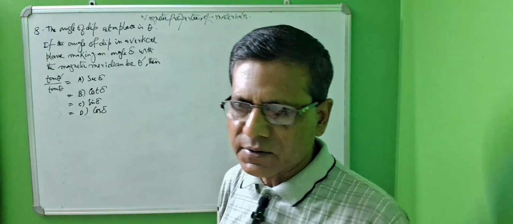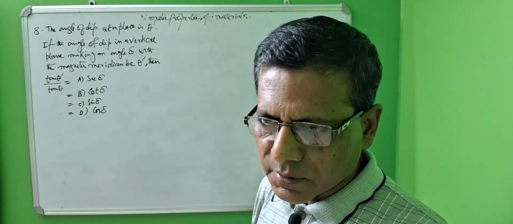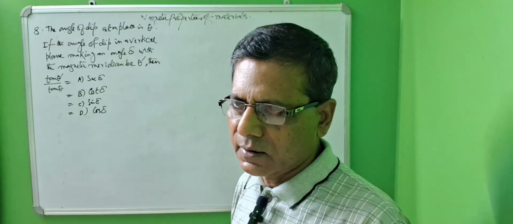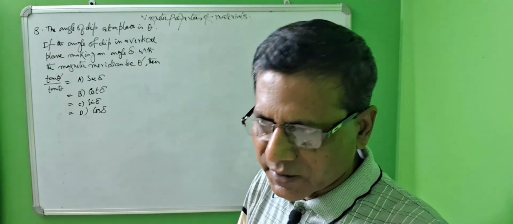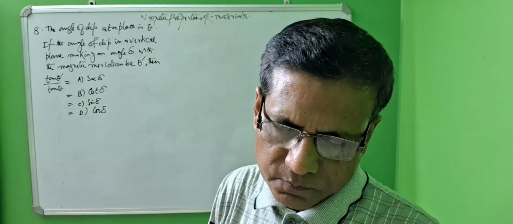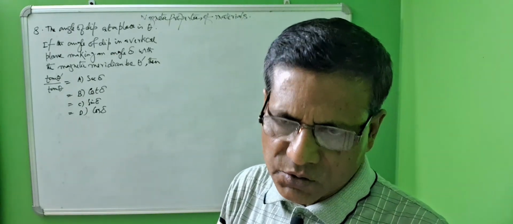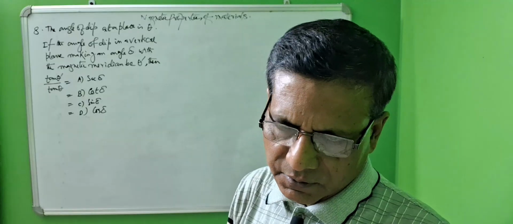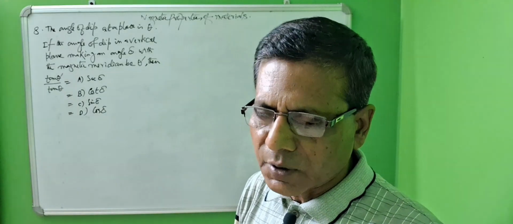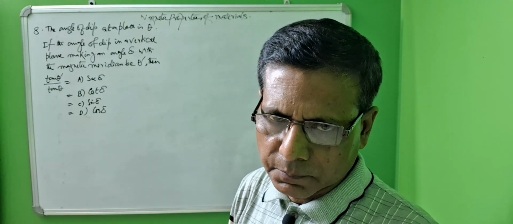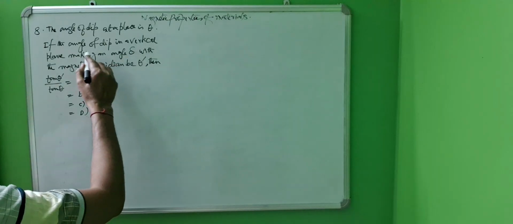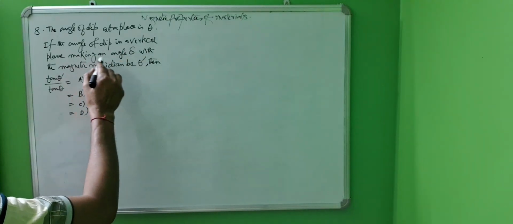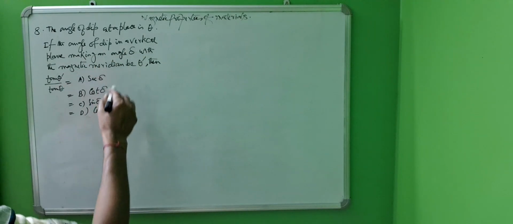What is the angle of declination? At that place, the angle between the magnetic meridian and the geographical meridian is called the angle of declination. In Bengali it is called bichyuti kon. Here, the problem says: if the angle of dip in a vertical plane making an angle delta with the magnetic meridian,